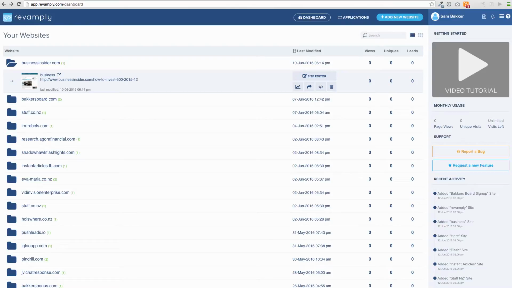Revamply will allow you to edit any website, whether it's yours or someone else's. You can add any website into the software and start customizing it as you want. The big reason that someone would want access to the software, and the main reason people are going to be picking it up on the front end, is because